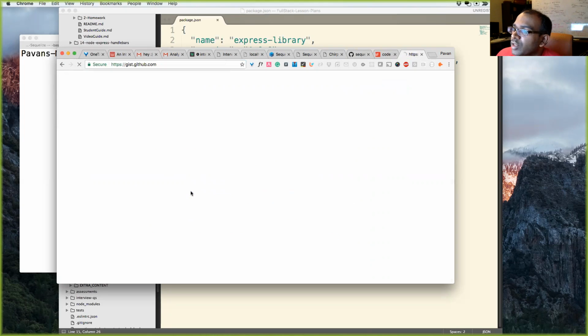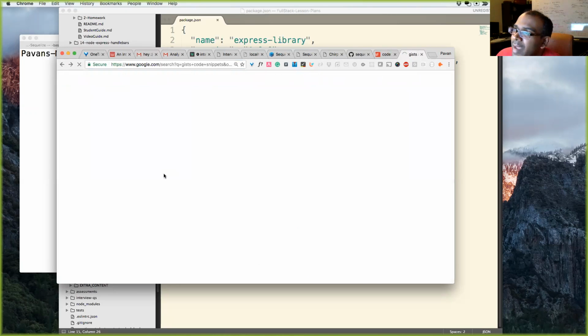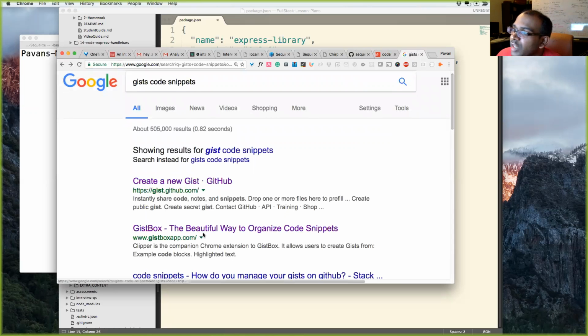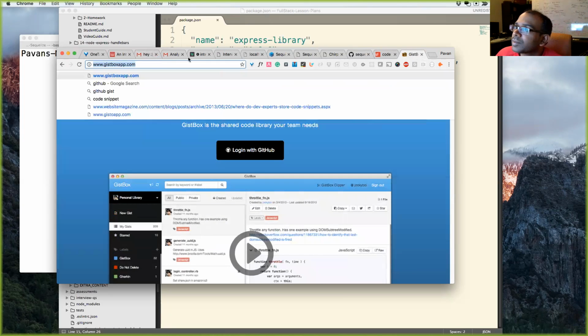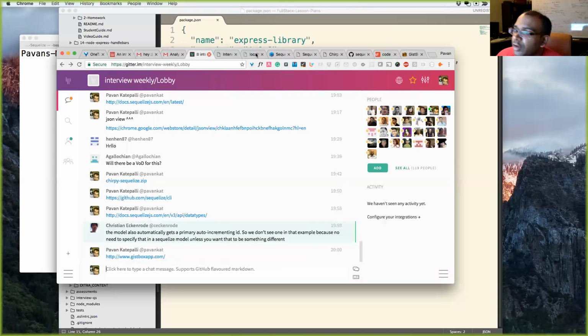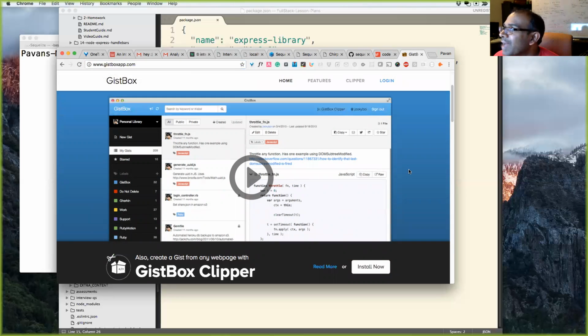You could manage gists over here, and there's a way to manage them as code snippets. Oh, gist box. Yeah, I'm probably going to transition to this eventually. You can have code snippets over here, and that's what you should all do. If you don't have code snippets, you're learning a million things, so it's hard to manage all of that.